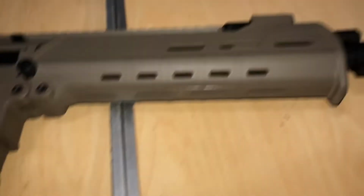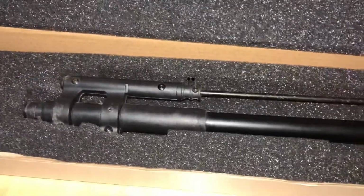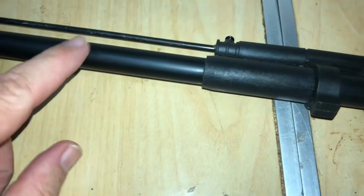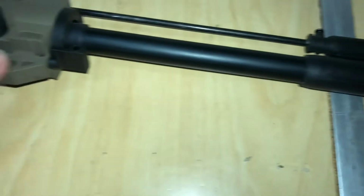Now what you can get for these is you can get an upgraded barrel for in the front, which if I just move this off to the side, I can show you what the original one would look like. This is an original one, the whole barrel assembly. Like the outer barrel itself is metal, this bar is metal, but all of this here is all plastic. So what you can buy for them, but never used to be really cheap. They all used to be almost $200 just for that part, is